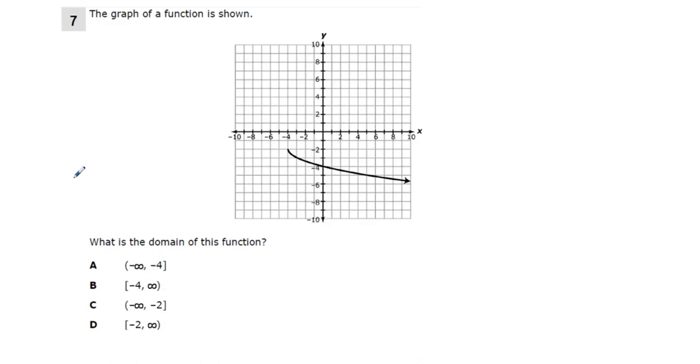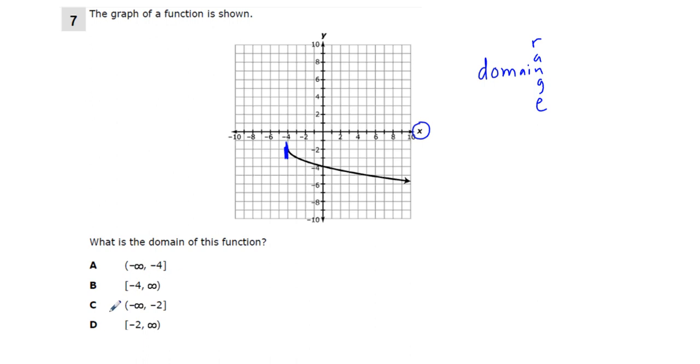Next, 7. The graph of the function is shown, what is the domain of the function? Again, like I showed in that earlier problem, domain, range. Okay. Domain is our x values. We're looking at x values. So we start here. Looks like we have an upside down kind of square root curve. We start here at x equals negative 4,